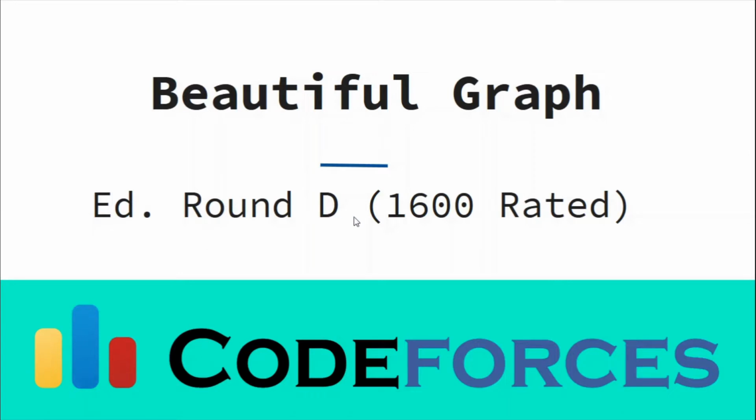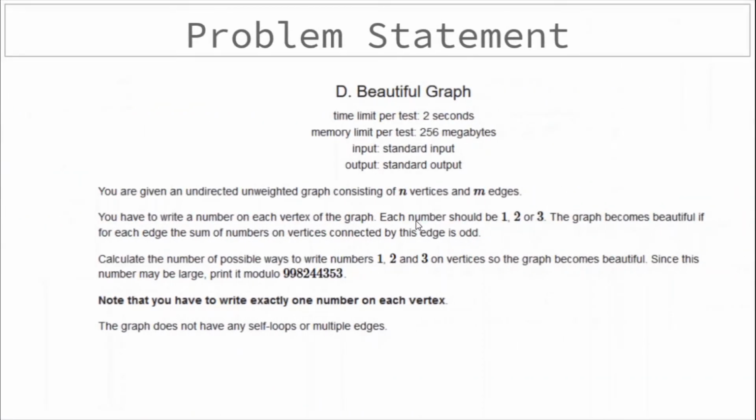This was rated 1600. So the problem is you are given an undirected and unweighted graph with n number of nodes and m number of edges, and we have to write a number on each node. The number can be either 1, 2 or 3, and the condition is that the sum of the numbers